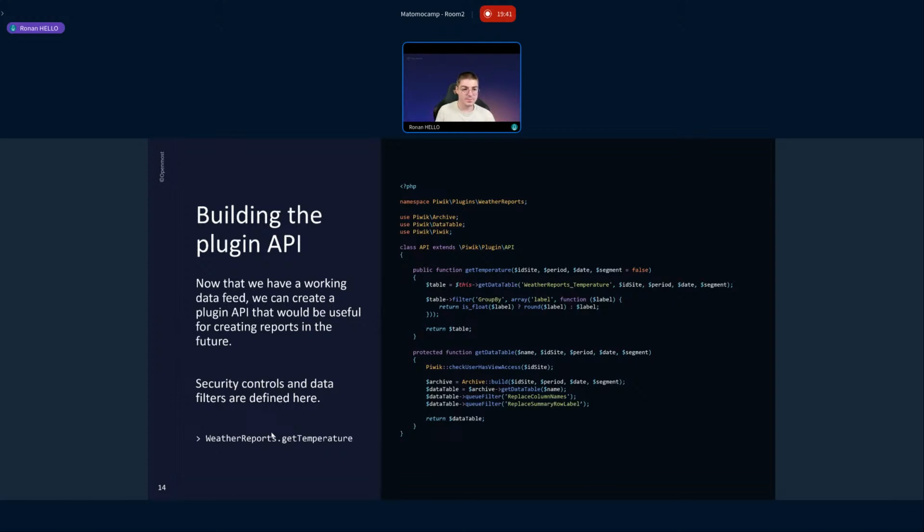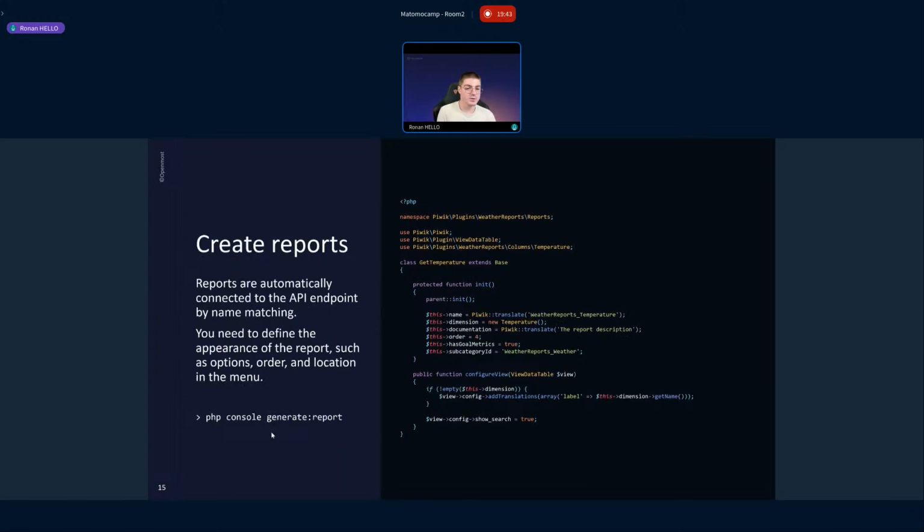Maybe we just have to create reports. Now we have to create reports. Reports are just the data table that shows the data that are stored in the database. Matomo has a specific archiving system that we will talk about in the next slide, but we have firstly to create basic reports, and then we add the reporting process to those reports.